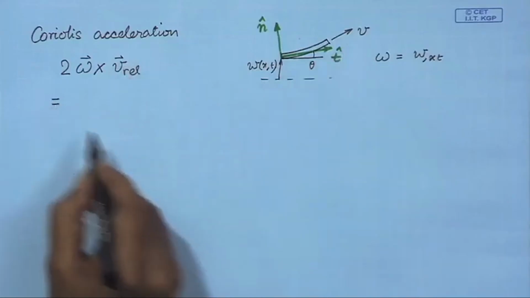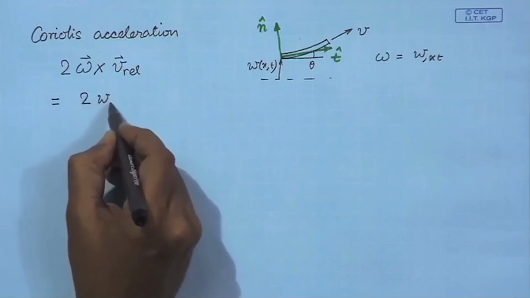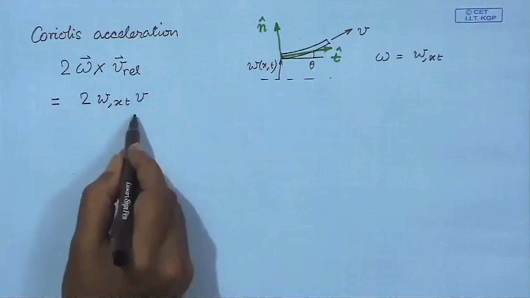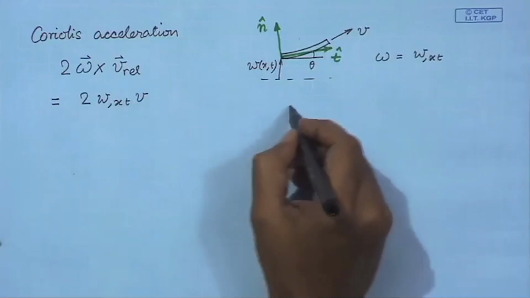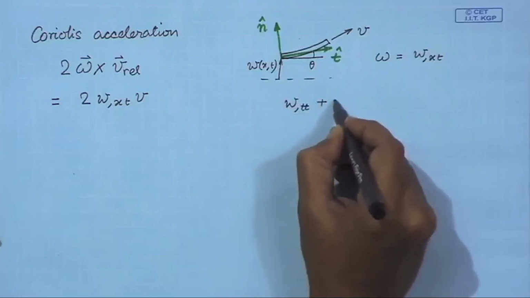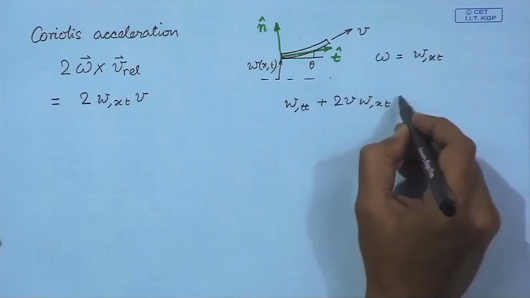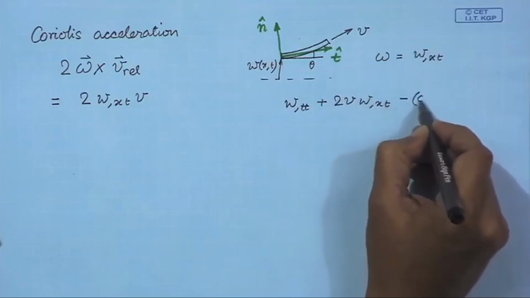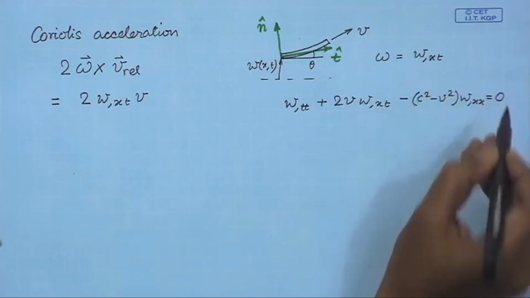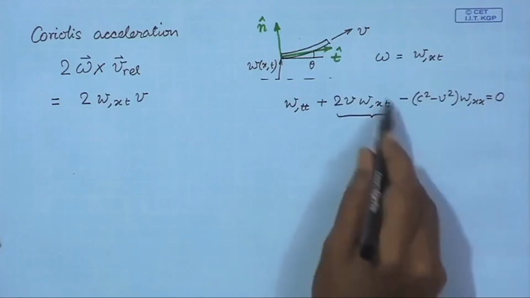So, if you calculate the Coriolis acceleration, then it is 2, and this is the term we find in the equation of motion. So, let me write down the equation of motion once again. So, this is the Coriolis acceleration term,